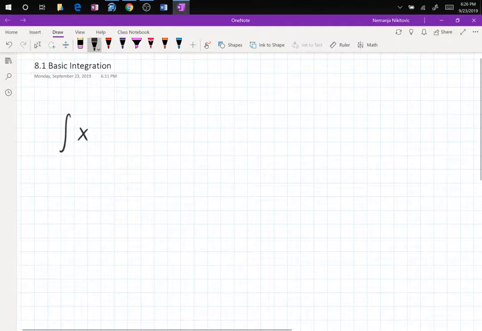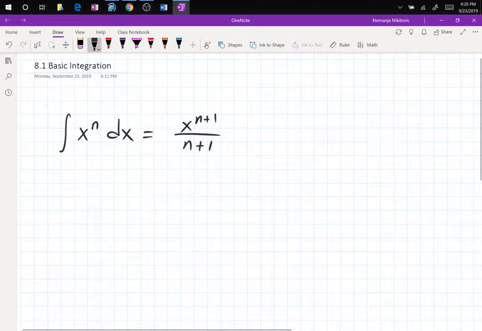this integral, which actually has a lot covered within. So the answer over here is x to the n plus 1 over n plus 1 plus c. And the reason why I want to review this one first is because this one is covering 3 different types of functions, right? So from here, this n, the exponent n can be